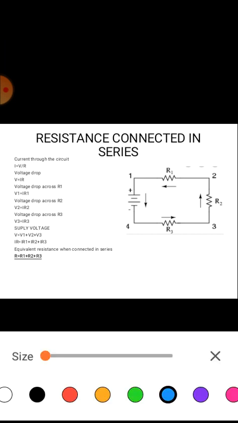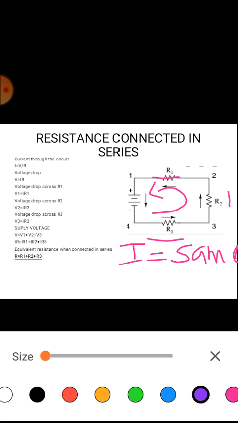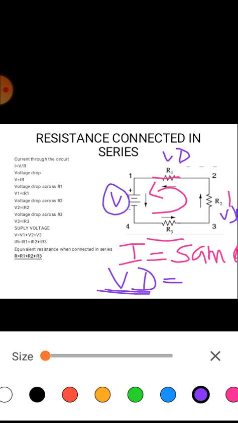One simple circuit diagram is shown here. In the circuit diagram, three resistances are connected: R1, R2 and R3. I would like to clear 2 points here. In case of series, I will be the same. I means the current will be the same throughout the circuit, but the voltage which is dropped at R1, R2 and R3 will be different. It is called voltage drop. And the supply voltage is the sum of the voltage drops at all the resistances.